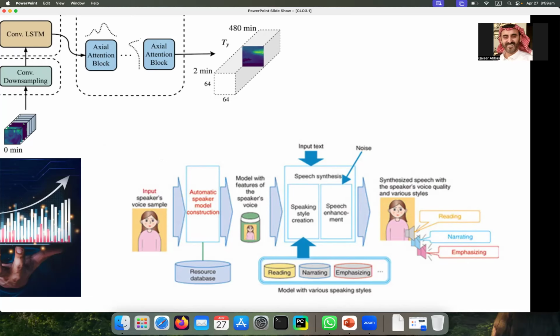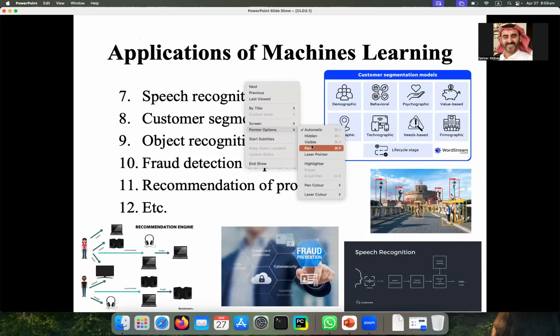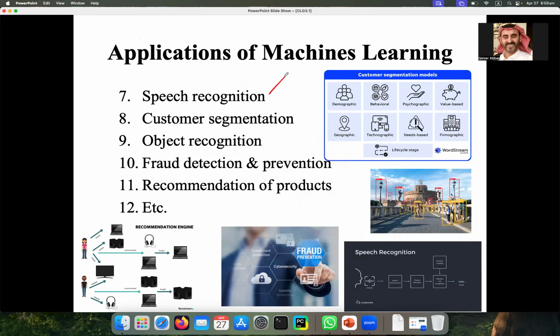For example, you normally write something in Google. You can write 2 sentences, and then if you press the speaker, the robot will automatically speak. So that is an application of speech synthesis. Okay, you can also do speech recognition. Speech recognition is when you are speaking, your model will convert your speech into text. And if your model is able to convert your speech into text, that means your model is recognizing your speech and converting it into text.